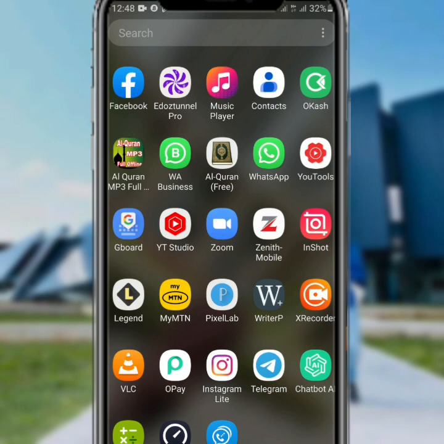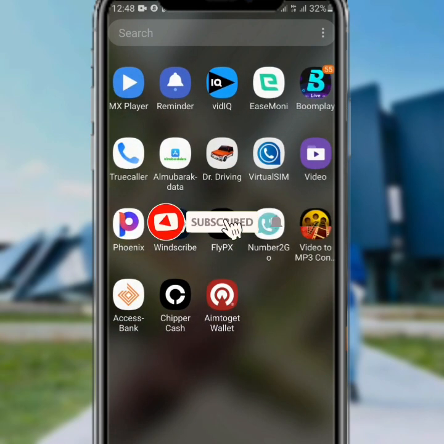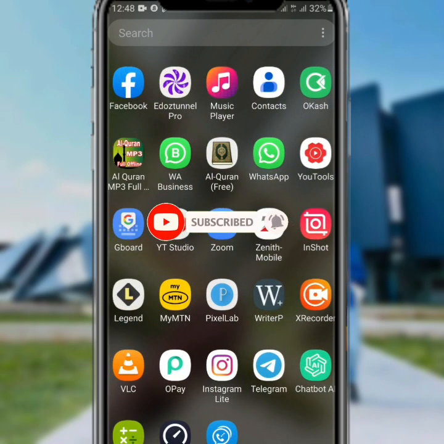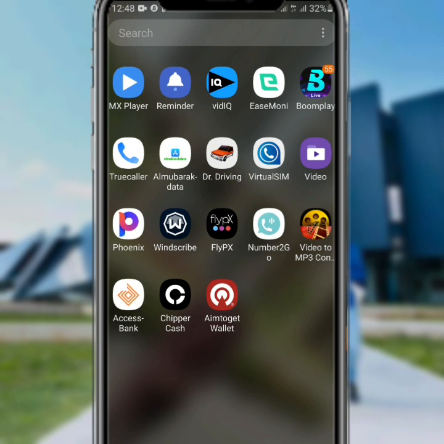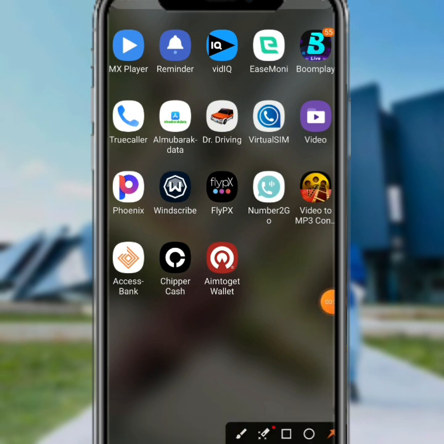In one of my videos then, I posted how to do it, but it was only meant for MTN users. I used PalmPay then, but here is the main app I use, and the app is really working perfectly. Now go to your Play Store or App Store and download Aimtoget wallet. This is the app I'm talking about. This is how the logo looks like. It is called Aimtoget wallet. Now open it,